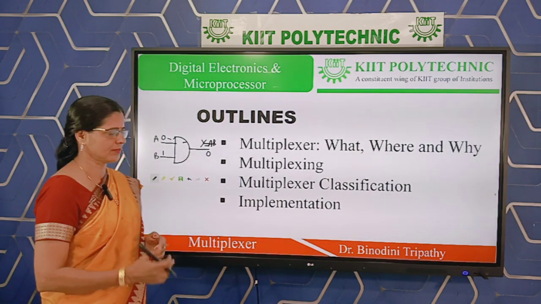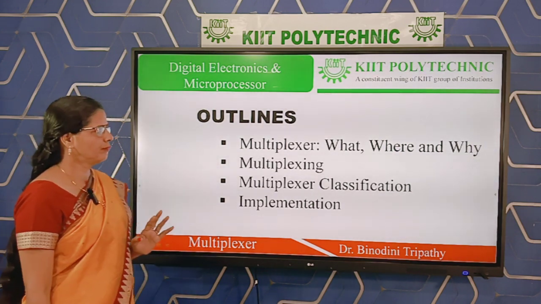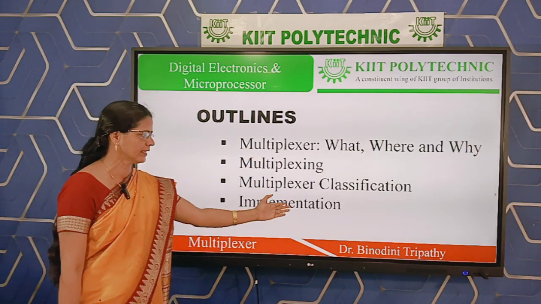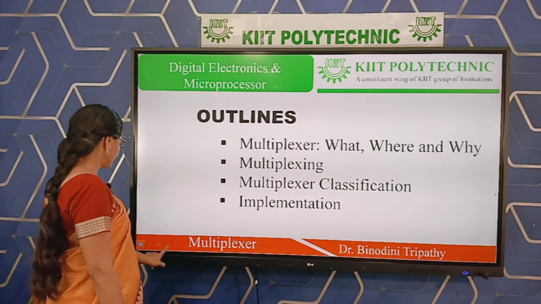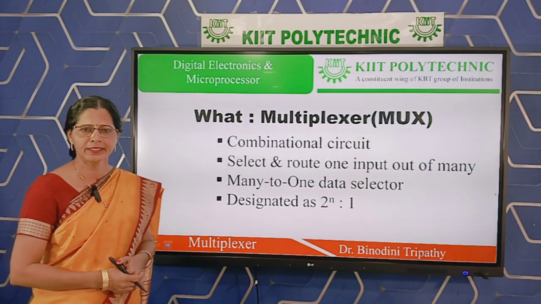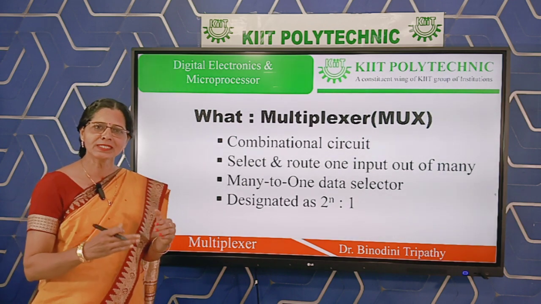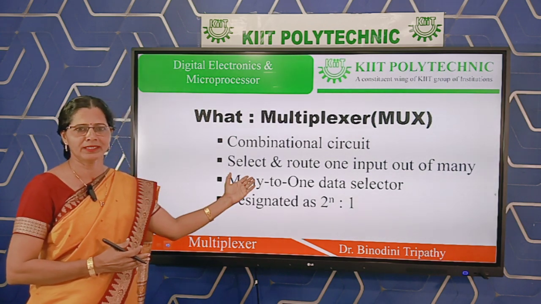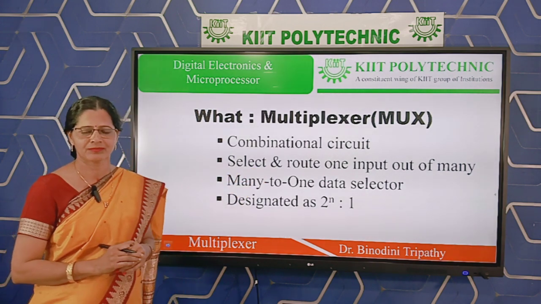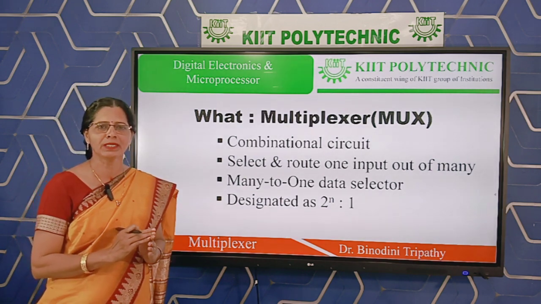Now see the process. So that means multiplexer is a combinational circuit and we have to proceed with that combinational circuit in this way. Then first of all we must know what this is, otherwise it will be very difficult for us. So what is a multiplexer? From its name you can find out the definition, whatever may be written here or in any book or class note or study material. Multi and plexer.